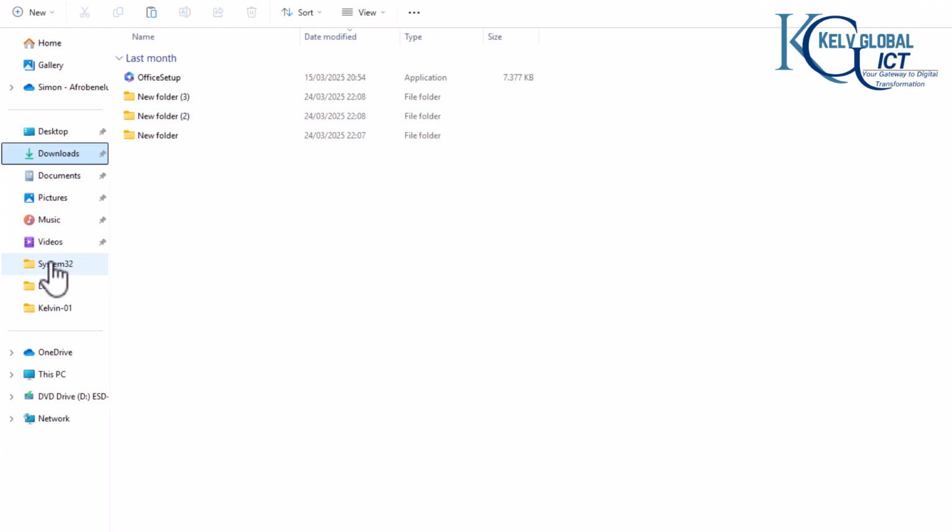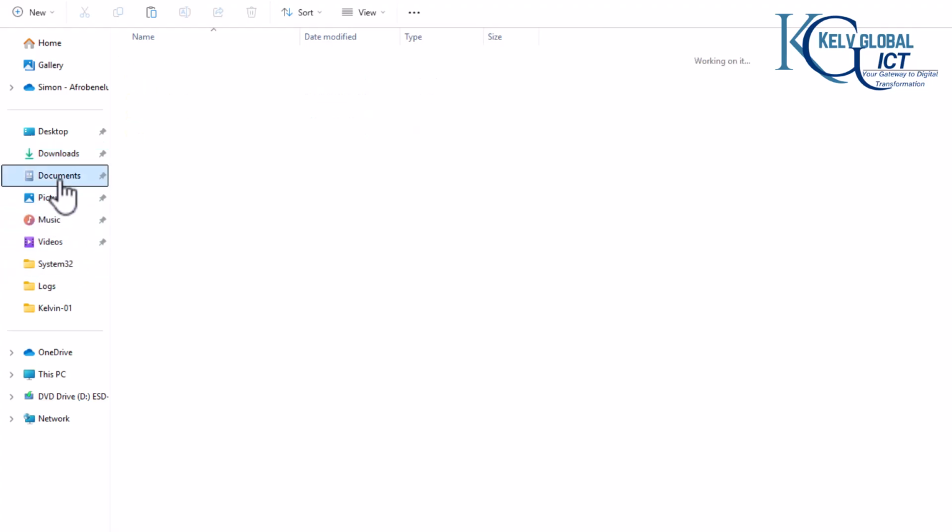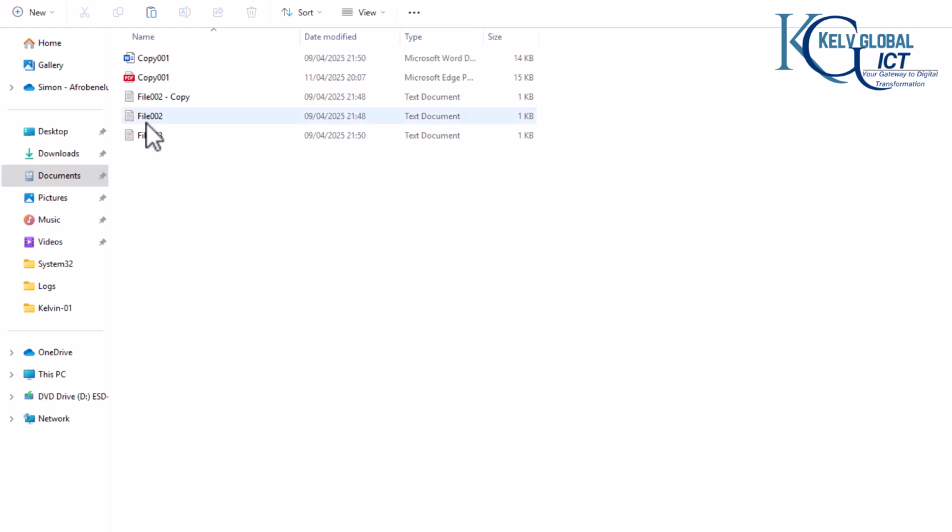The file extension is actually a set of characters that follow the dot at the end of a file name. So if I go, for example, to document and to this Kelvin folder, here you can see we have some files. For example, this is a Word document, this is a PDF document, and this is a text document. If I expand the type, you can see it gives us info about what the